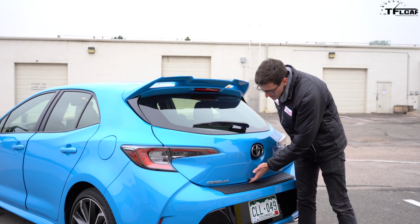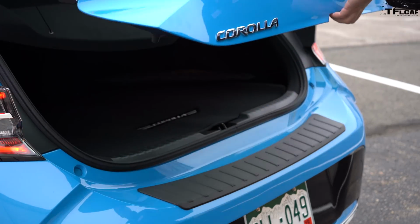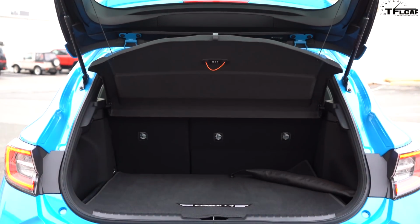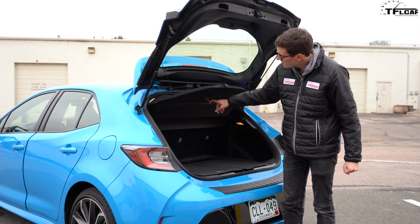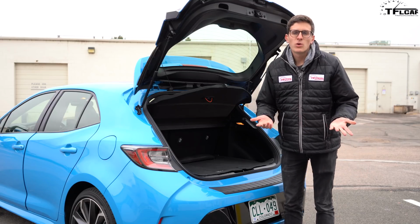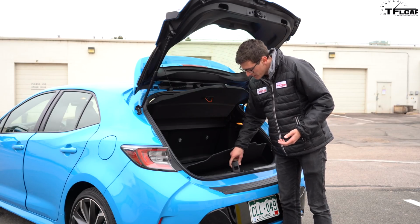To get in, there's a little electronic button down here at the base of the trunk. There's a long one and a short one. The long one unlatches it, and the short one locks it. Roughly 18 cubic feet worth of storage capacity back here. You also have this funky little parcel shelf here. And Toyota's adamant you only carry a maximum of 2 kilograms on top of it, which is a pretty small amount of weight, I guess. I'm from America. I don't know how much 2 kilograms is, but underneath the rear floor here, you'll find your